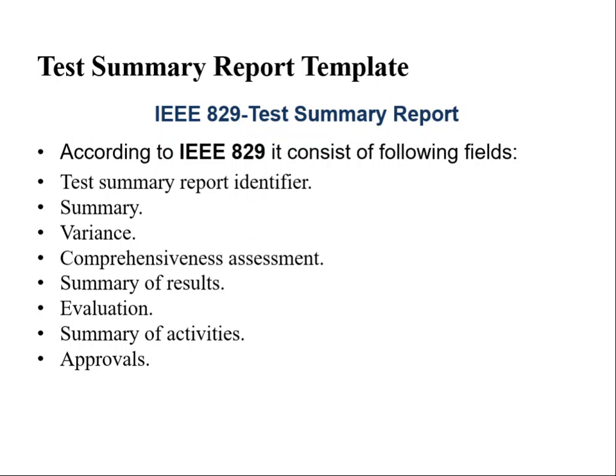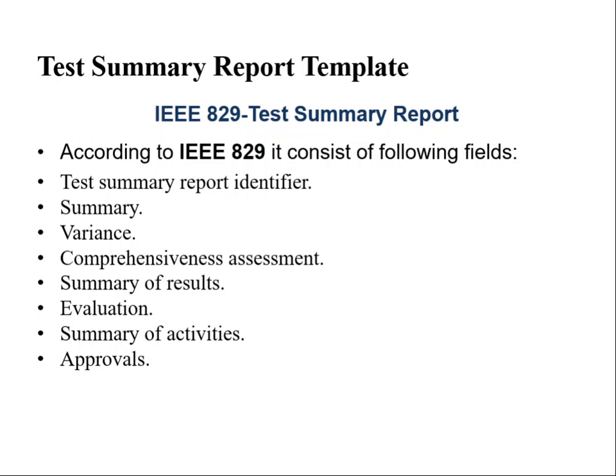Next field of test summary report template is evaluation. Using this section, you can evaluate each testing component or product against the specified requirements and metrics. You can also specify the scenarios under which the tested component or product may fail.